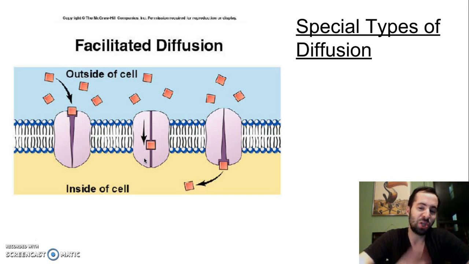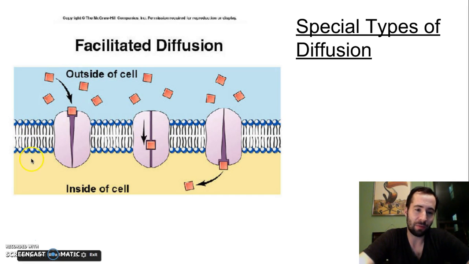One last type of diffusion. You don't need to know this for your verbal quiz, but I wanted to show it to you just so you see what it looks like and what it's all about. It's called facilitated diffusion, and this is a type of diffusion that's used for large particles. In order to get large particles inside of the cell, sometimes they can pass through something called a protein channel. These large particles typically would not be able to pass through the cell membrane on their own. However, there are some specific places, kind of like a bouncer at the door or going through the toll booth, so to speak. This is where they can go through,